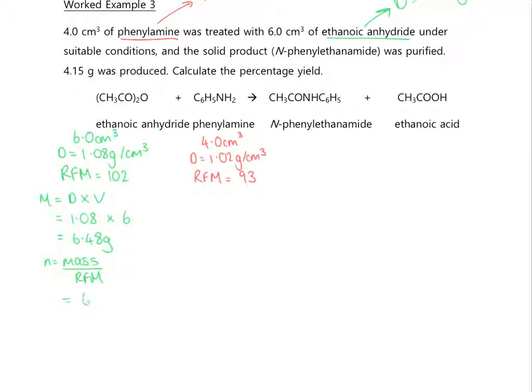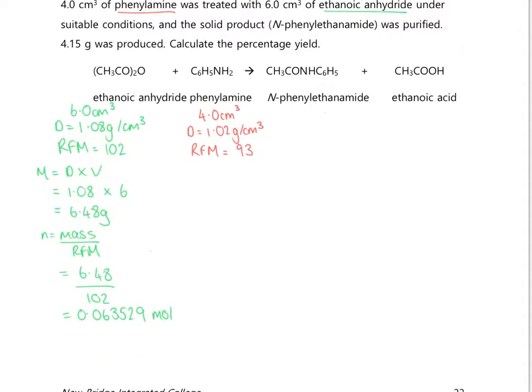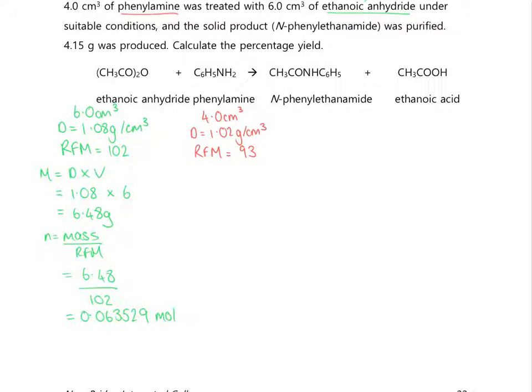The mass, which we've just worked out, is 6.48 and our RFM is 102. That works out as 0.063529 moles. And again, you might want to store that in your calculator. Because it's the limiting reactant, we need to divide by our balancing number ratio, and you can see that that is just 1 in this case. So our number of moles to compare, to find our limiting reactant, is